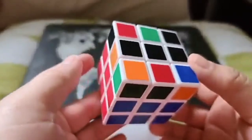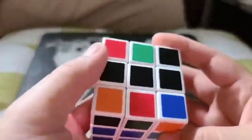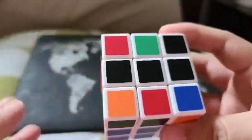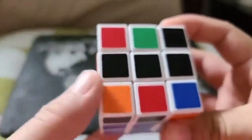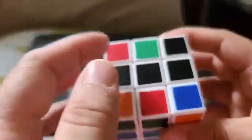Okay, so it's a continuation of the first one, but you will notice that the color is different because my daughter kind of messed it up, so I had to do it the same where we left off. But of course it's going to be different colors, but this is exactly where we want it to be,